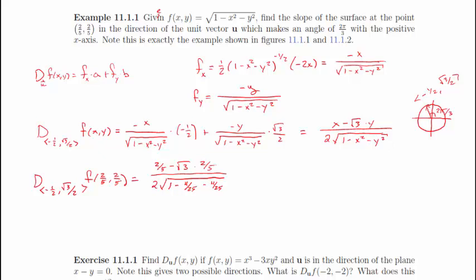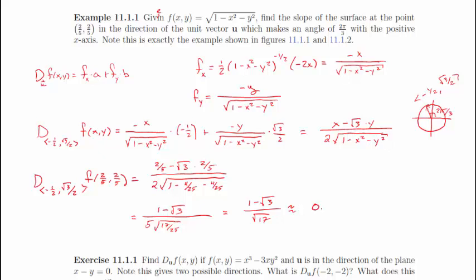When I plug in the 2/5 for x and y respectively, this equals, let's see, 1 is 25 minus 4 minus 8, so 17. And then this 2 and this 2 will cancel, so we'll get 5 on the bottom. I'm going to get 1 minus the square root of 3 over 5 square root of 17 over 25, which equals 1 minus the square root of 3 over the square root of 17, which is approximately